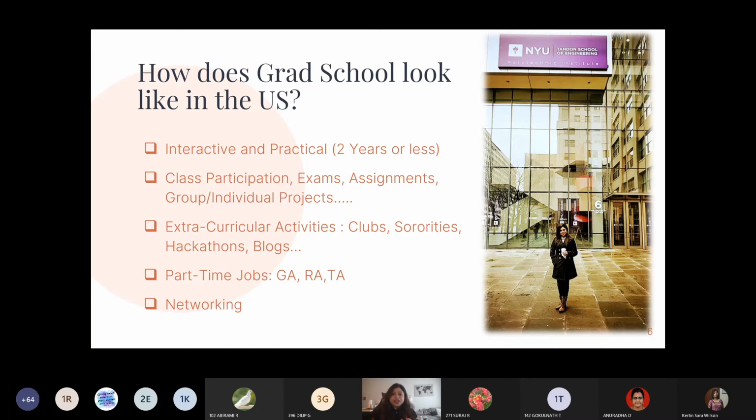And then how are you graded? Is there a single thing that you're graded on? Just exams? No. What if you fail an exam, are you going to fail graduate school? No. That is the best thing about studying in the US. You're graded through a variety of things. Class participation, like I said, starts from day one. You need to be interactive. You need to ask questions. You need to answer questions. You need to meet the professor.